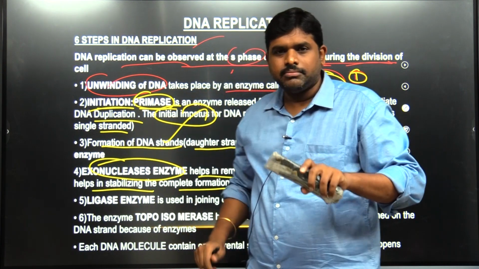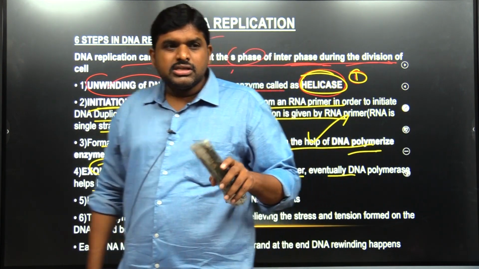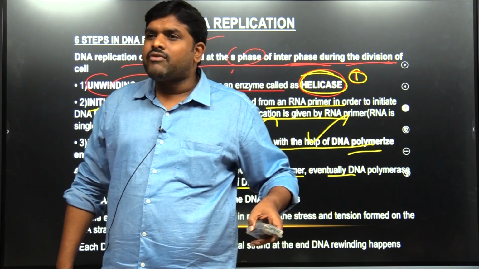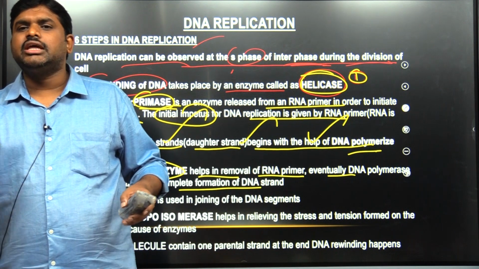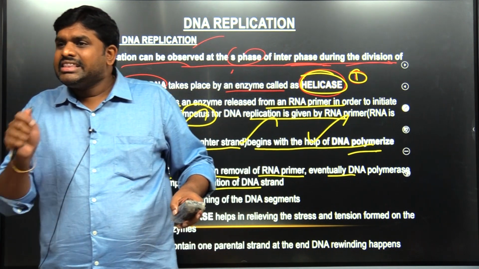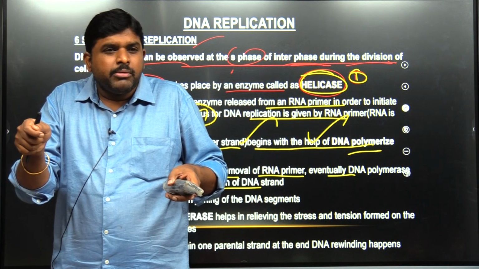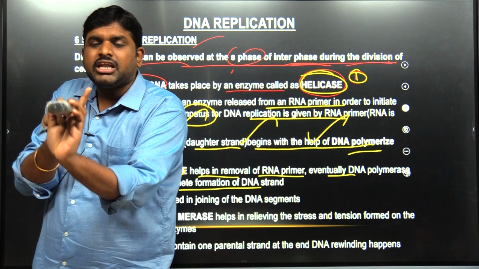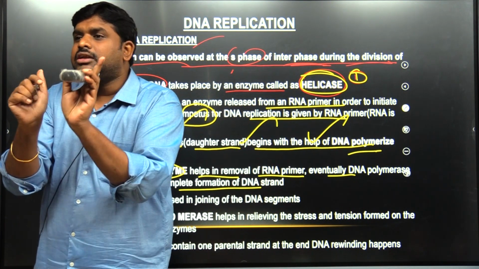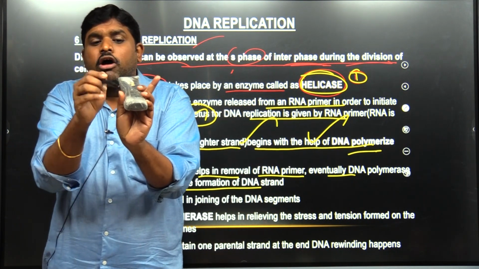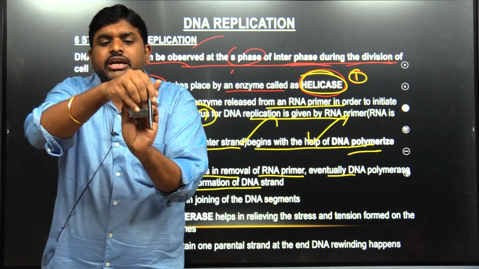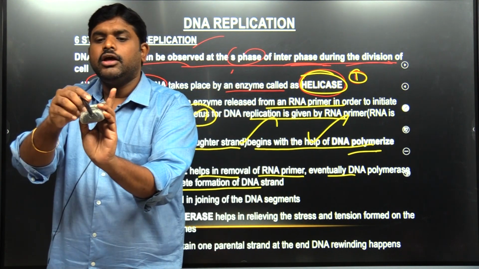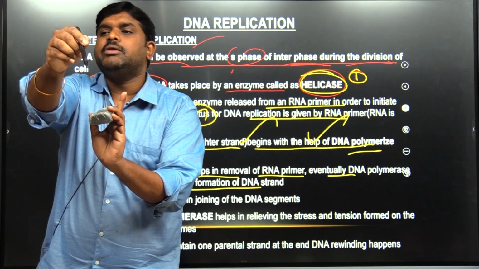For example, a child who is unable to talk to any stranger: the mother or father will come and introduce him, then he will go on the stage and speak. In the same way, DNA itself cannot be formed into another copy. So an RNA primer, which is a single strand, will come and start initiation. After initiation, one support is already there, and as a continuation to it, the DNA polymerase enzyme will release a DNA strand. So the DNA strand will continue from the RNA primer.